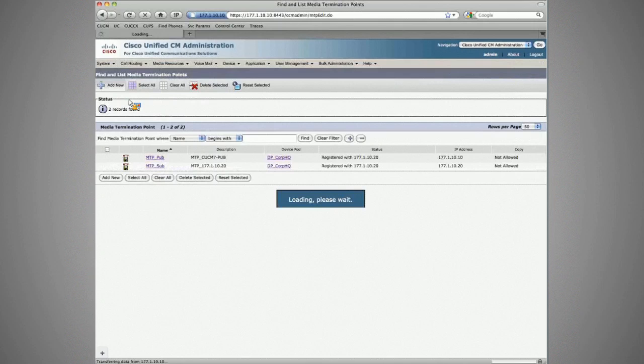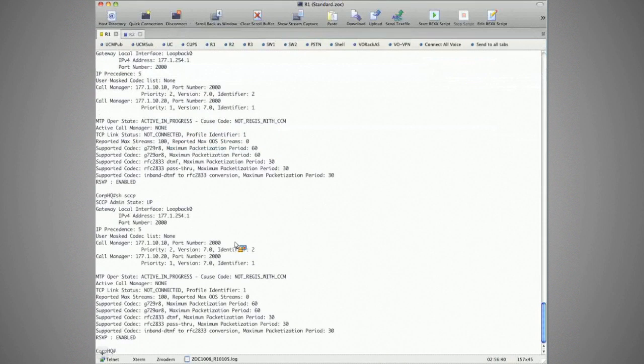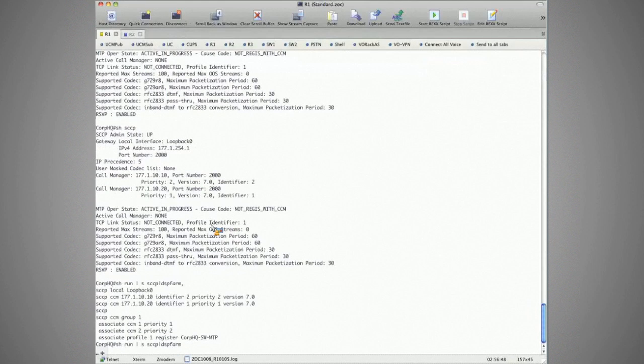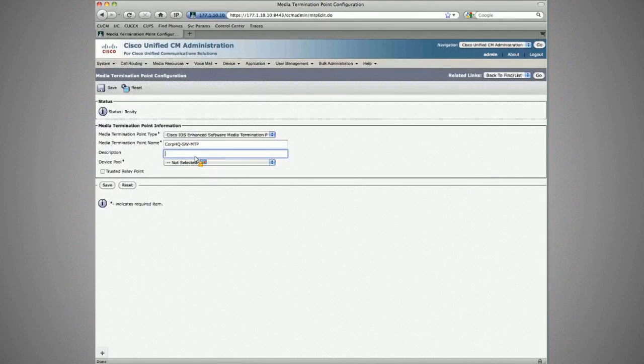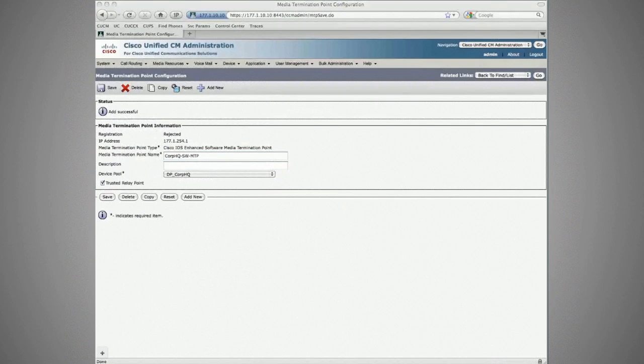So we'll add a new MTP. This is going to be an IOS enhanced software MTP. And what did we call it? We called it type 2 section skinny or DSP farm. Oops, put a comma in there. So I didn't get the DSP farm bit. That's okay, it's under skinny. We called it that, so that's what we have to copy and paste in. Register it to device pool corporate headquarters, and it is a trusted relay point. We'll save that, reset it,